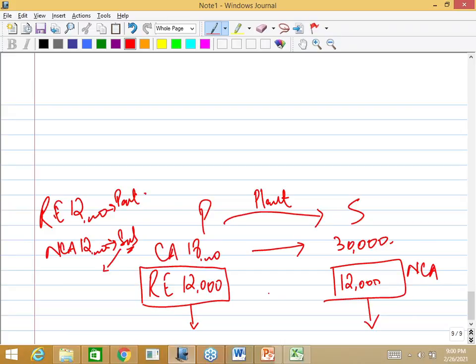So in the subsidiary company, net assets means capital or equity. We are actually calculating the equity of the subsidiary company. If we credit the non-current asset, that means net assets are decreasing. When the net assets decrease, it will impact the equity as well. So I'm adjusting the 12,000 because it affects the net assets of the company at the date of acquisition.